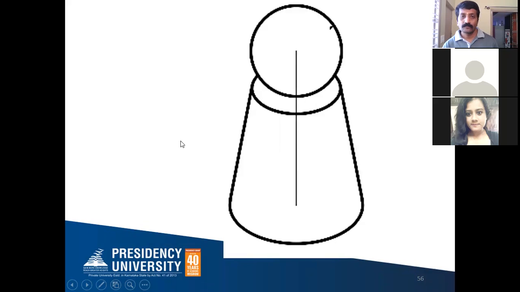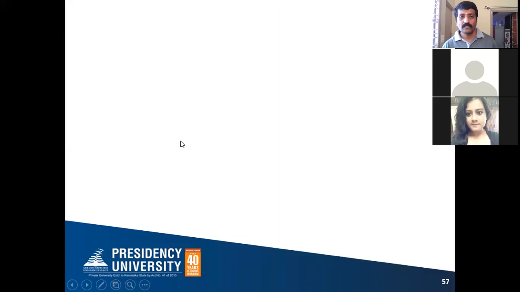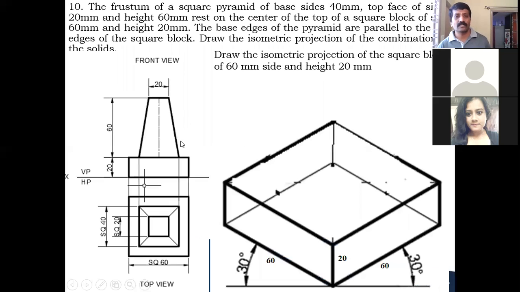Okay, so after this, the last example we'll discuss for today's class. So that is the 12th one we are discussing. Next Wednesday's class I will be completing this isometric projection. 4 more we'll keep for the next class.